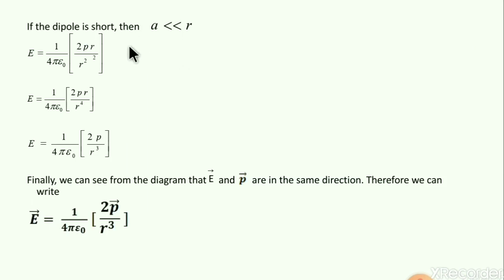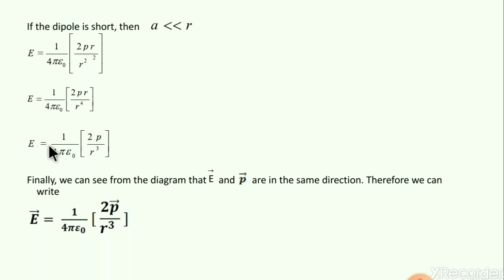What happens is, in front of 10, the 0.1 becomes very negligible. And that is why, when a becomes very negligible, during addition and subtraction you can ignore it. That is also taught in first year when a lot of derivations are done. Due to which we have ignored a in the denominator, and even a square also will be ignored, because if a small value is squared, it becomes still smaller. So now r square the whole square is only left, which is r to the power 4. And thus r in the numerator and r to the power 4 in the denominator get cancelled, and you end up getting r cube.